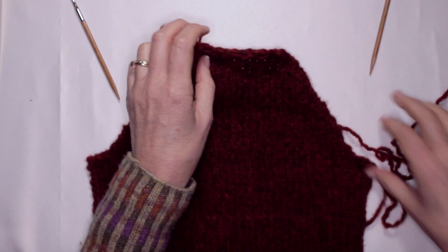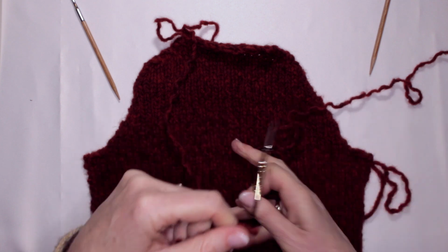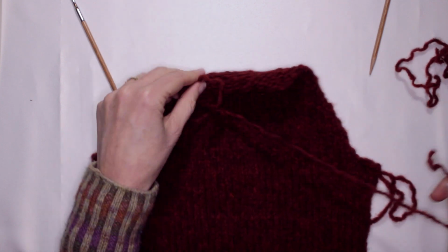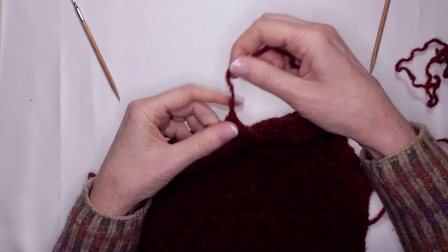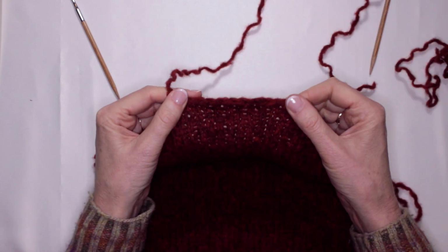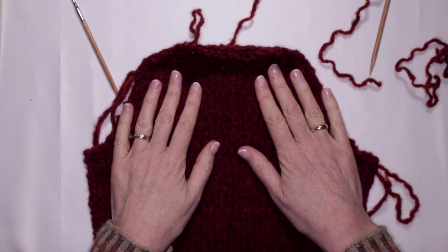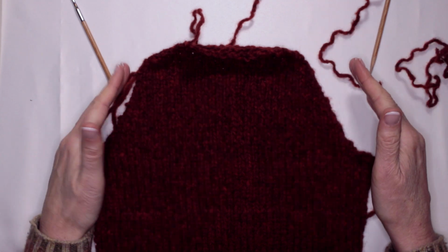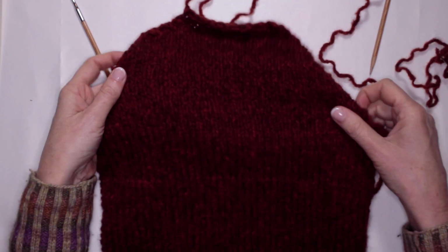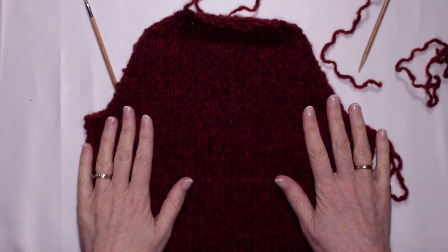And I'm going to cut off my yarn. I always leave a long tail so that I've got enough to sew up with. Pull that through the loop, and there we're finished. Okay, so knit your second sleeve, and I will show you how to put the whole thing together. But first of all, before we sew things up,